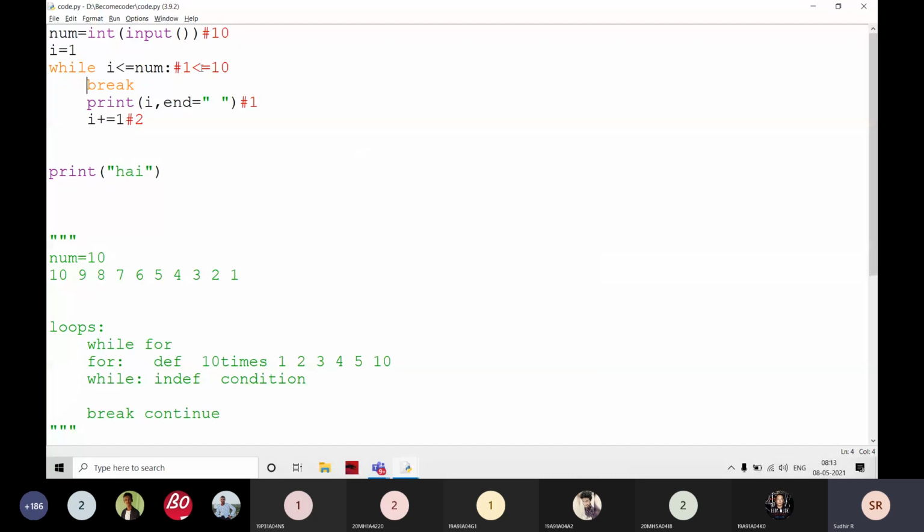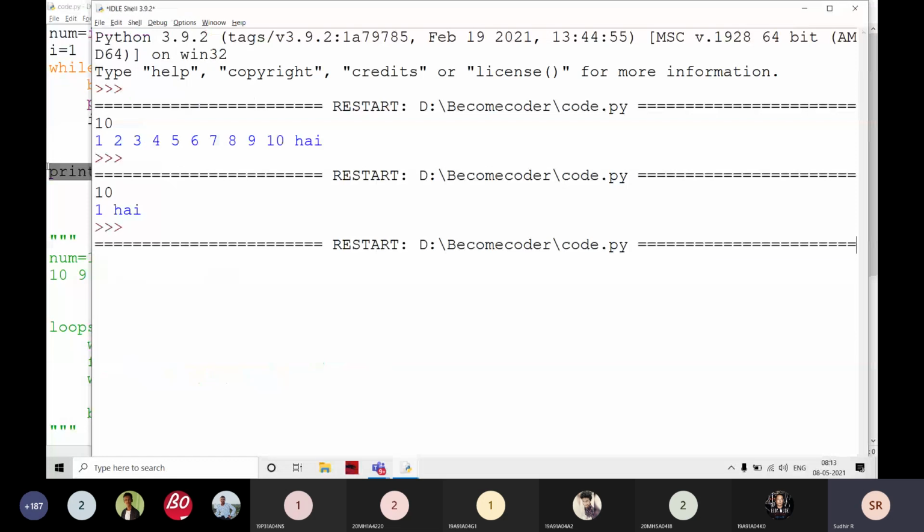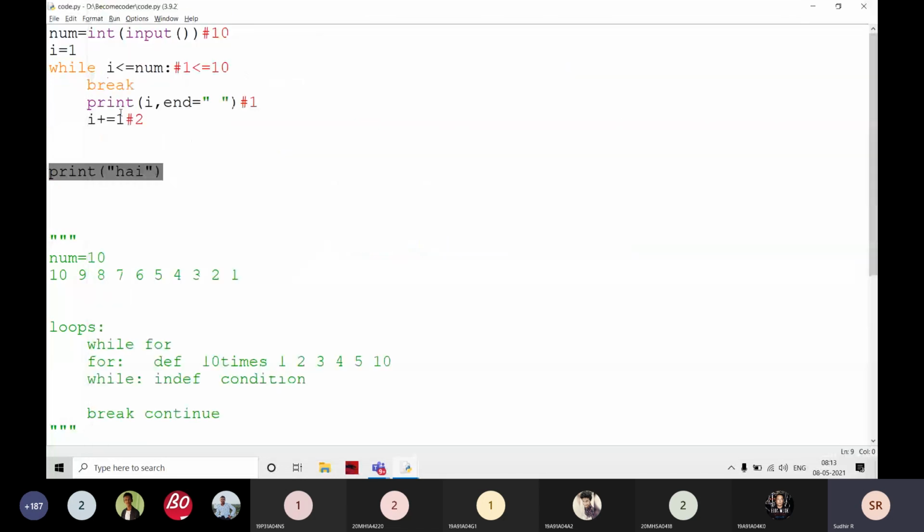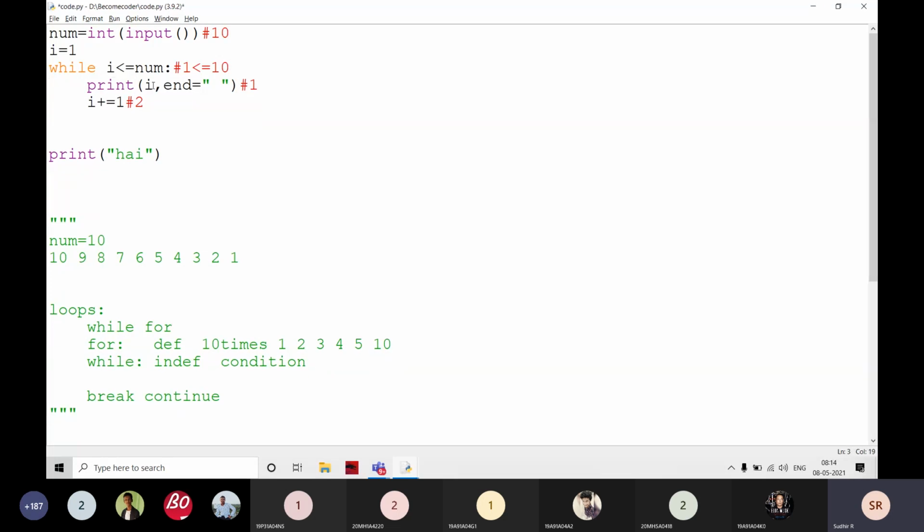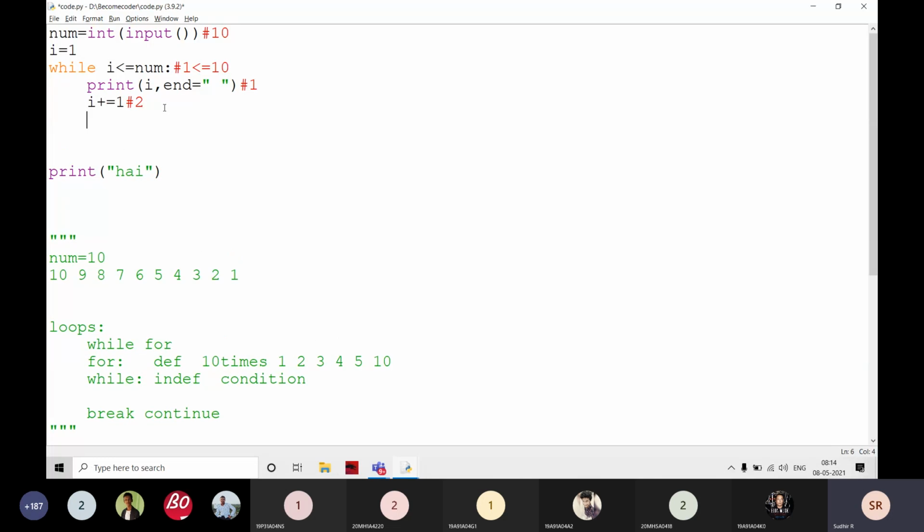Only high. Why? Because here 1 is less than or equal to 10. If this is true, then the control reaches break, then comes outside and prints high, without executing this one. That's why, whenever we are using break or continue in any programming language, not only in C, not only in Python, not only in C++, we have to use break or continue inside an if condition, at a particular point only. We have to break at a particular point, and continue at a particular point. We have to write it like this every time.